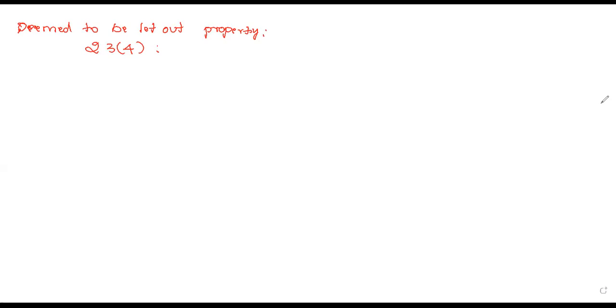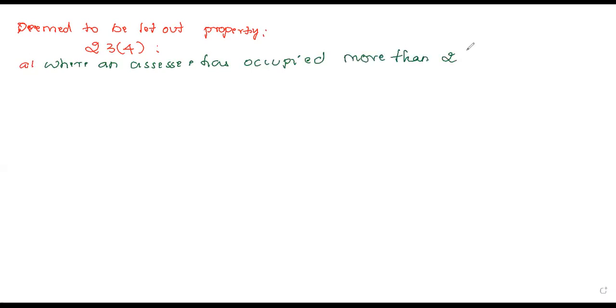Irrespective of having 2 self-occupied house properties, that is usually available only for an individual or HUF, not for a businessman or any kind of business person. You have to know this point very carefully. About this point only I'll be telling you now. So you have to take down the point: where an assessee has occupied more than 2 houses,